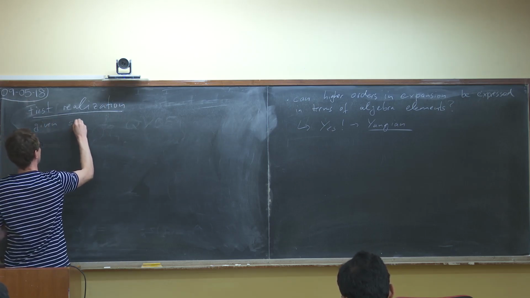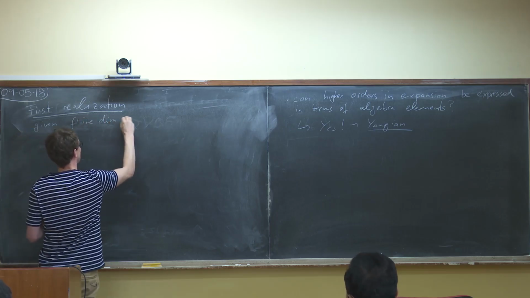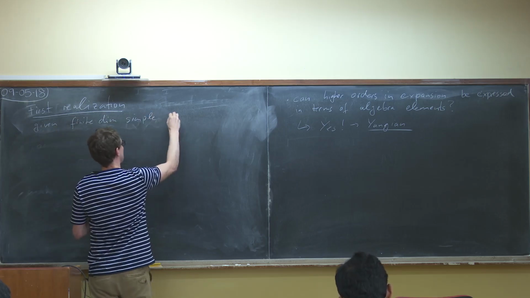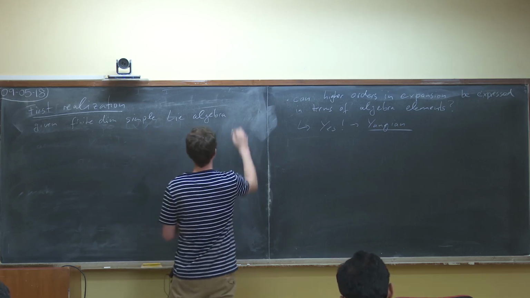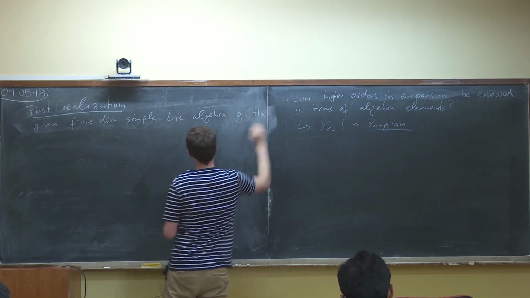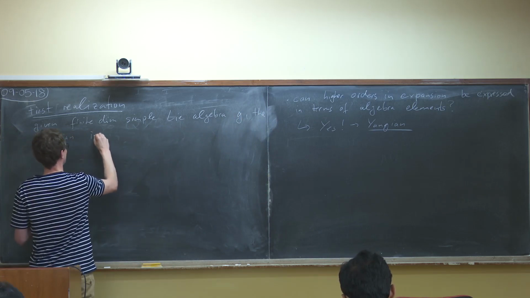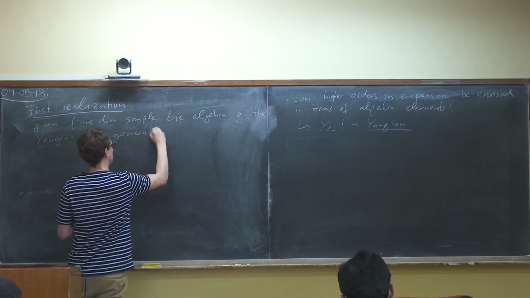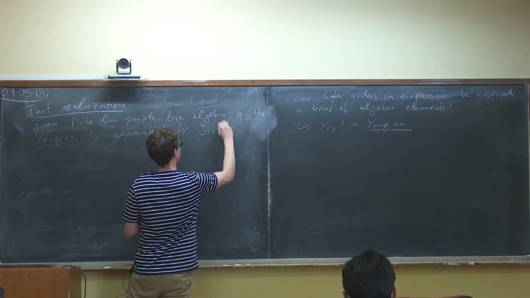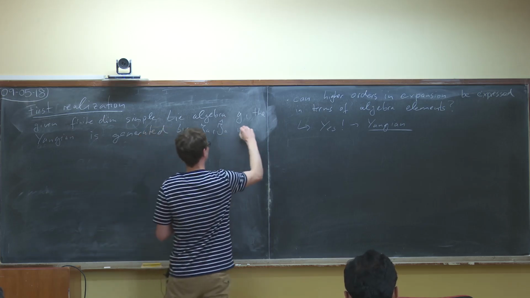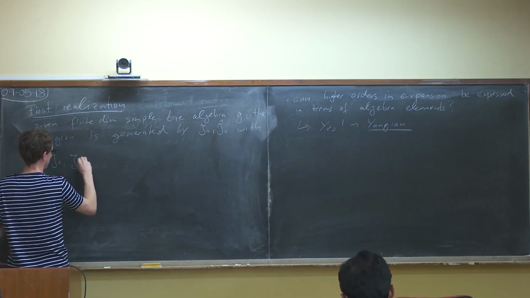Given some finite dimensional simple Lie algebra G, the Yangian is generated by these sets of generators, J and J hat, which have to obey the relations